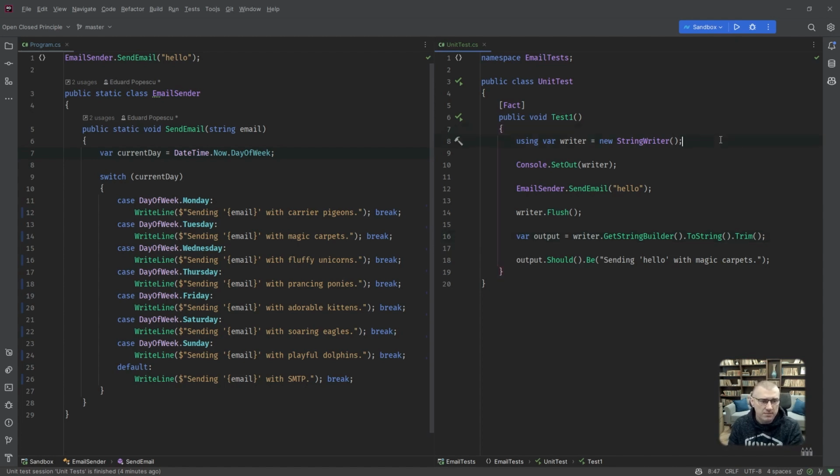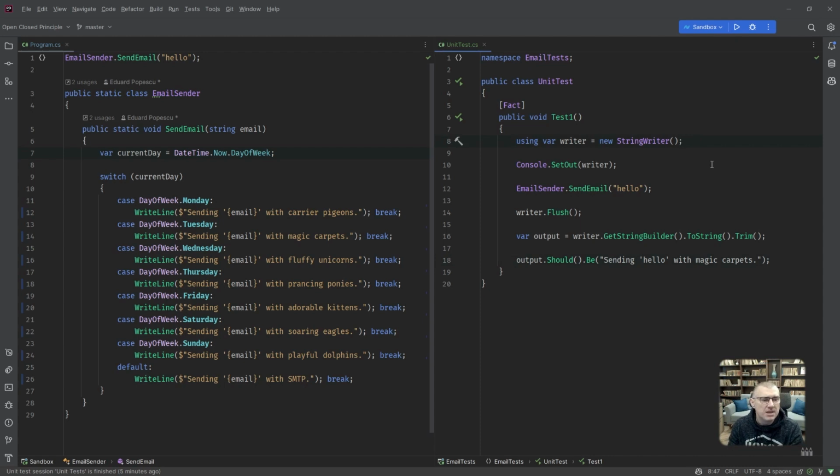Well, the whole point of this thing is like, here I'm setting up the environment, right? I'm redirecting the console output. Here I'm reading from that redirected output, and then I'm testing. So the only two parts that I actually want to see in my test are this thing and this thing, right? This is the test, okay? If I'm calling send email, then I get this output back. That's all I want to know. How can we abstract this away, okay? How can we make this invisible, or visible only if you want to look at it, okay?